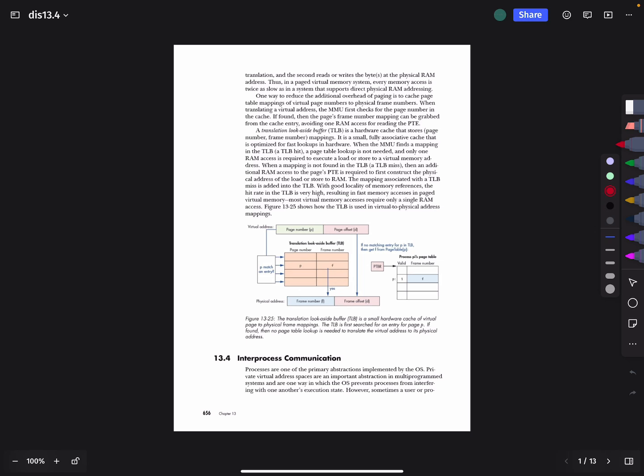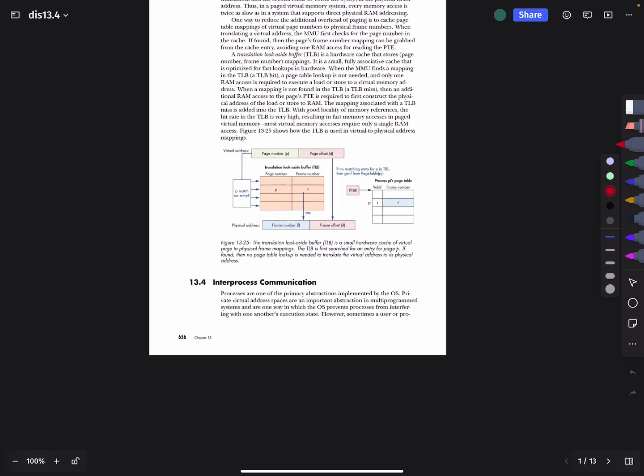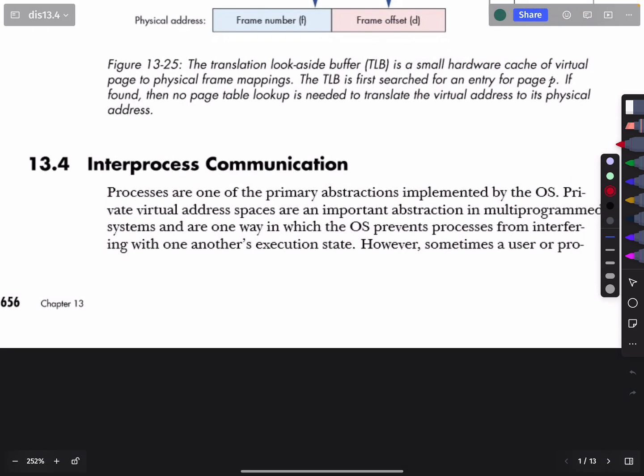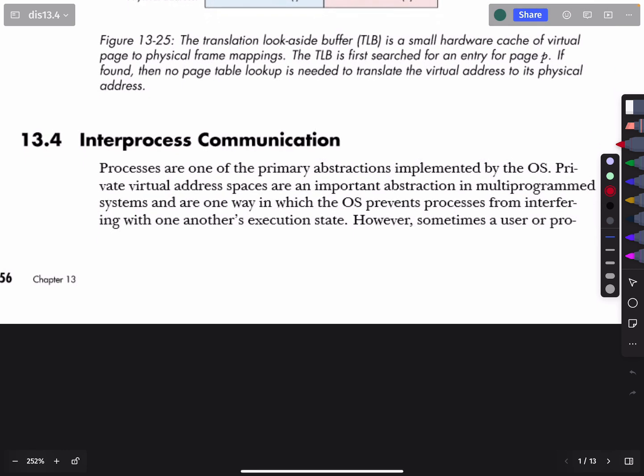Welcome to the next video in the Systems Programming video series. In this video, we are proceeding into section 13.4 of the textbook, Dive into Systems. We'll be talking about inter-process communication. And since this is a somewhat long section, I'll probably split this into 2 or 3 different videos to get